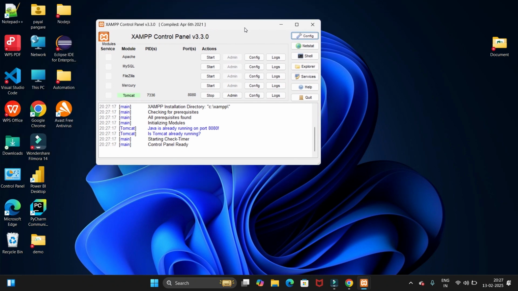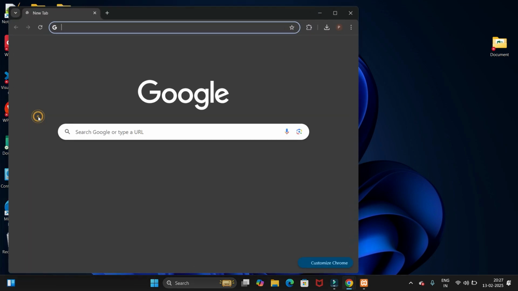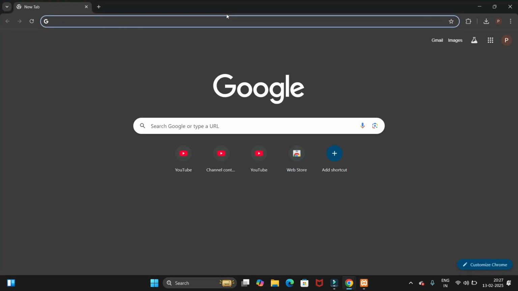Now to create the database, we have to start two servers. First one is the Apache server. So we just need to click on start and it will show its port number. And next one we have to start the MySQL server as well. The port will display once it is started. After it has started, you just need to close this window, then go to the Chrome browser, and here we have to